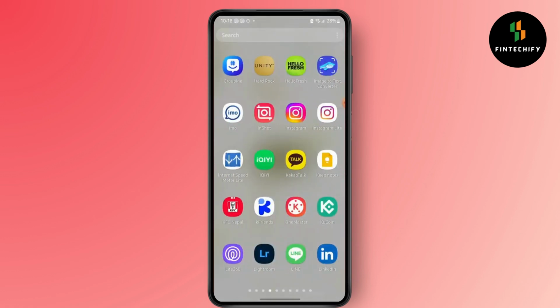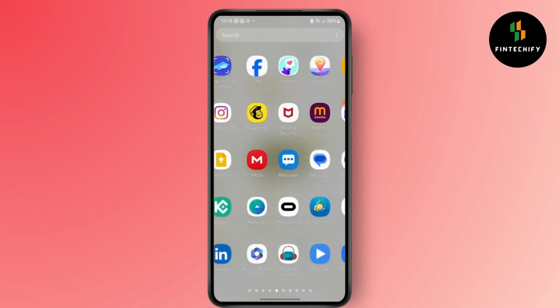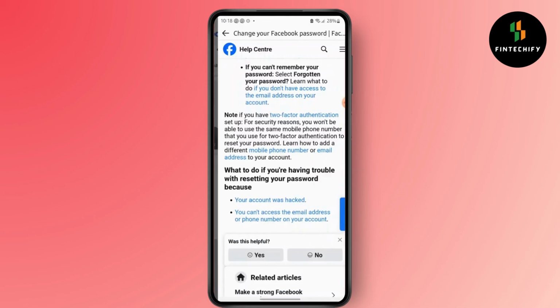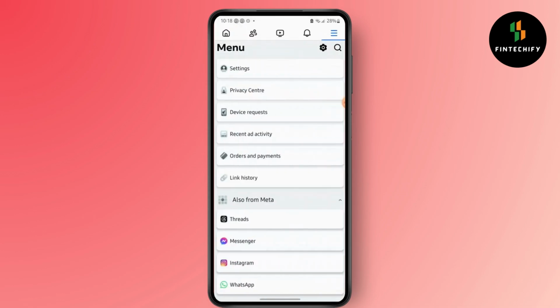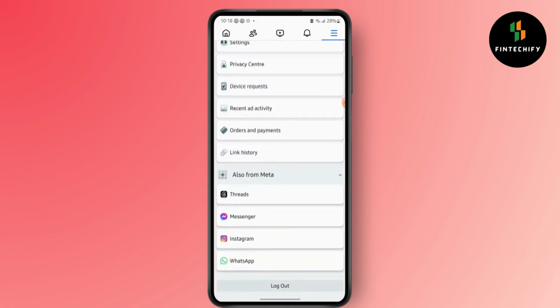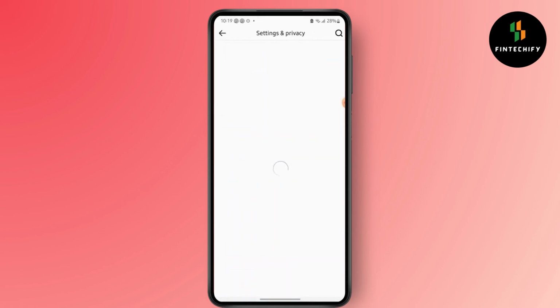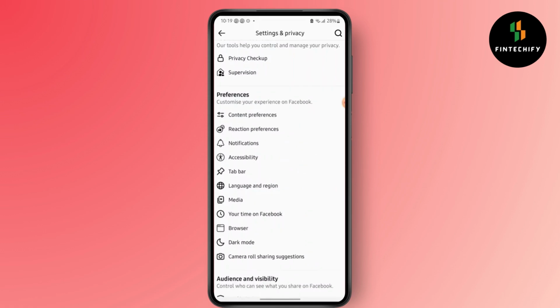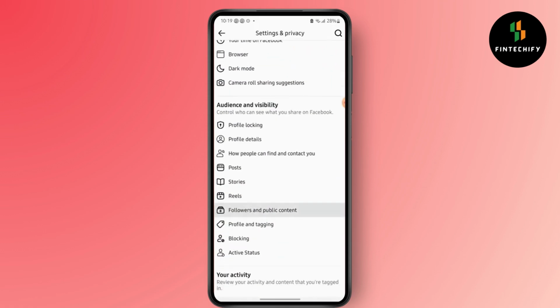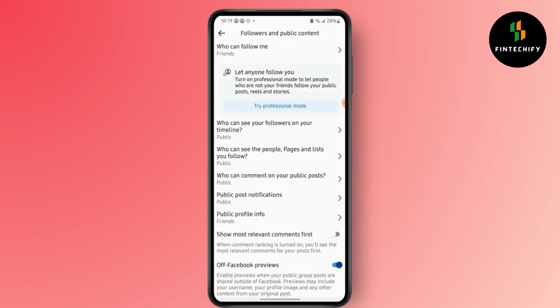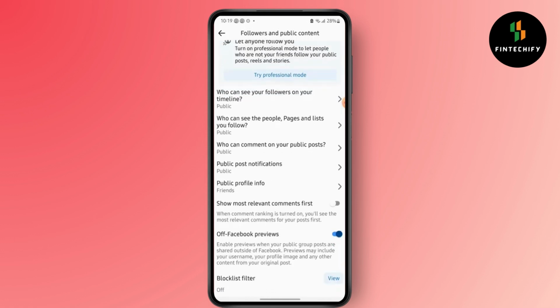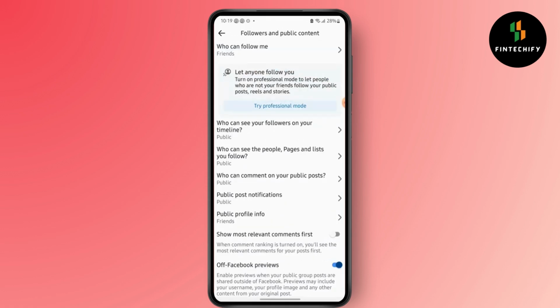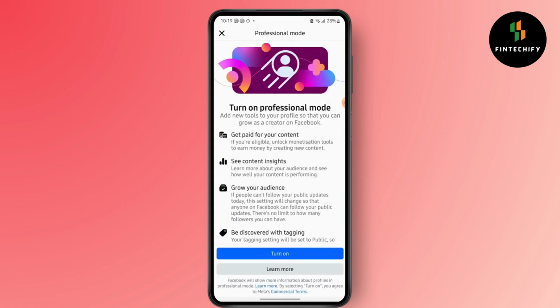So first, open your Facebook application, then tap on the menu bar. After that, go to settings. Now, go to followers and public content. After that, make all these public, and next what you will have to do is go to try professional mode